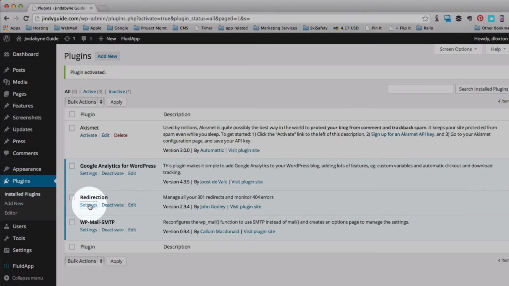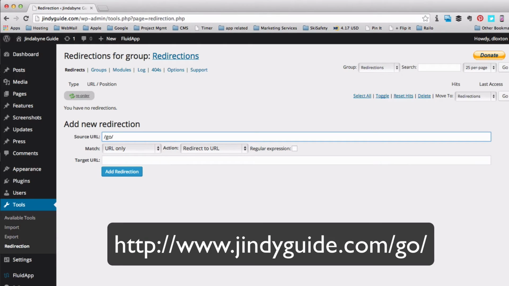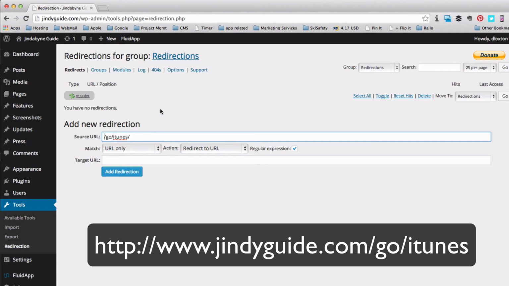So once I've got Redirection, I'll click settings, and I'm going to add a new source URL. Now I like to make all of my outgoing URLs that I'm trying to track /go. Makes it nice and obvious to see what it is that's actually going to happen and where it's going. Now I'm also going to make this a regular expression, which means that I can do some fancy things with the matching. So for example, I want to make sure that the /go/iTunes is at the front of the URL, i.e. it's